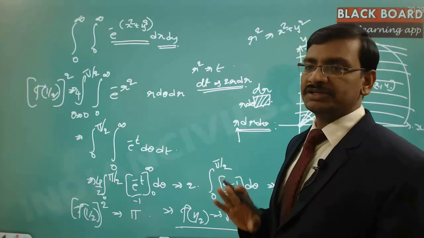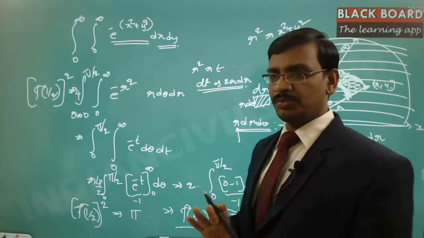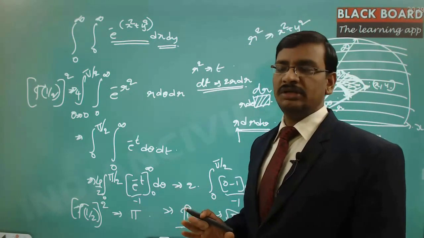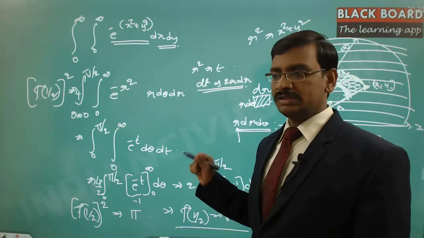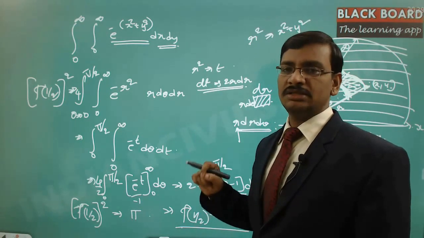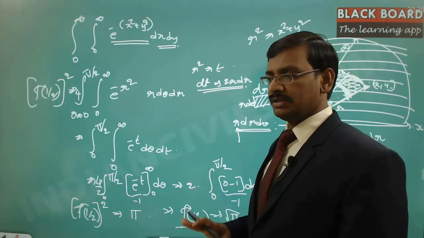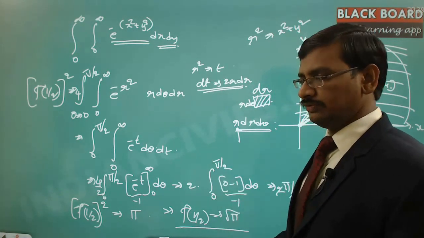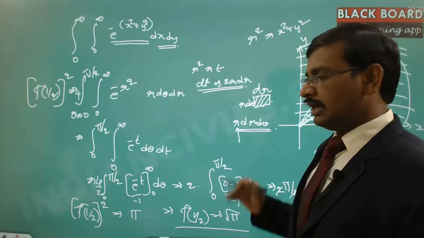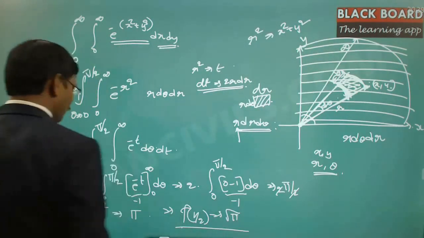This gamma function is out of scope for us, and it's not part of the syllabus, but still, very rarely, once only last year, it was asked in the Laplace transforms to find out. Hence I discussed this. Otherwise it is of no use for us. Got it? And so we found the value of gamma of 1 by 2.